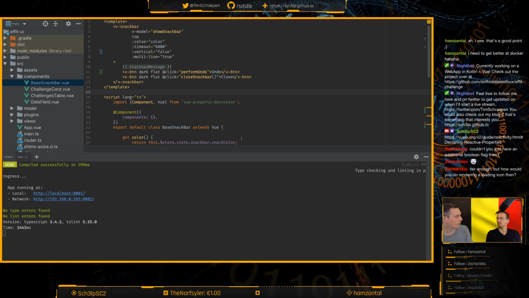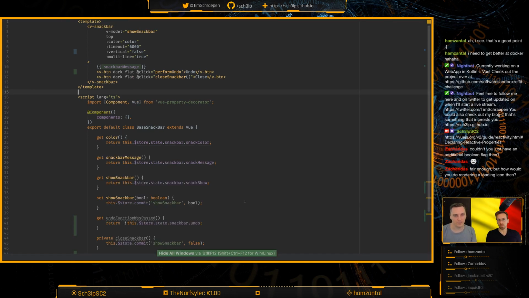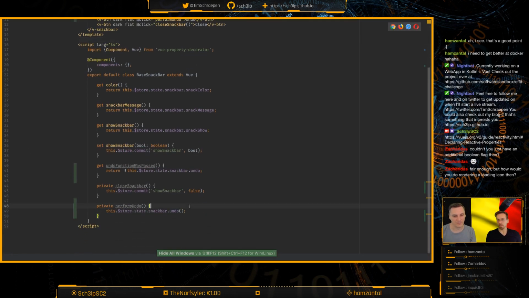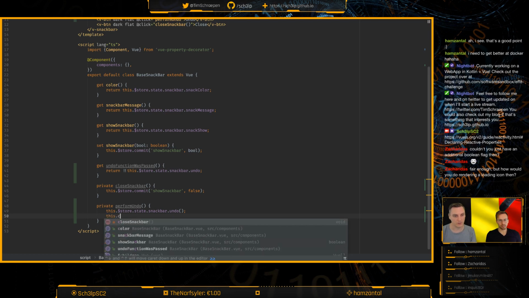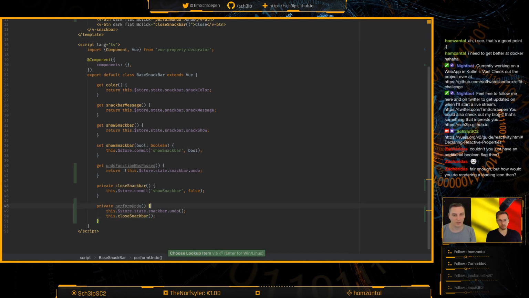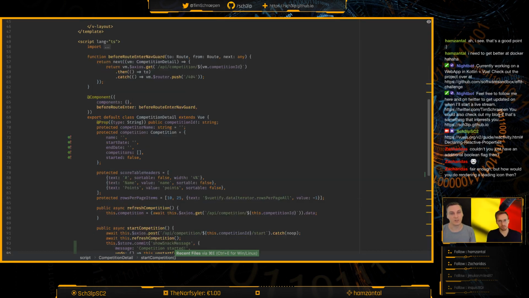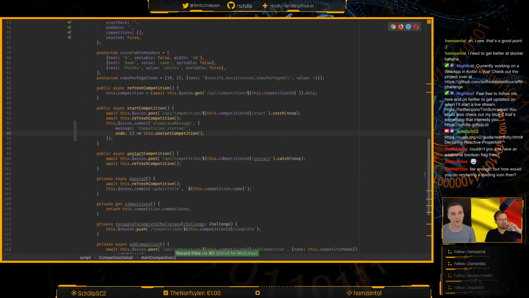If you press the undo, then maybe you also want to close the thing. Because yeah, definitely. But I think that happens automatically. Did it close? No, it didn't close? Because I need to do this. So I'll just call this close snack bar. Perfect. And then that'll work. That was easy. And then in competition detail, where we are actually